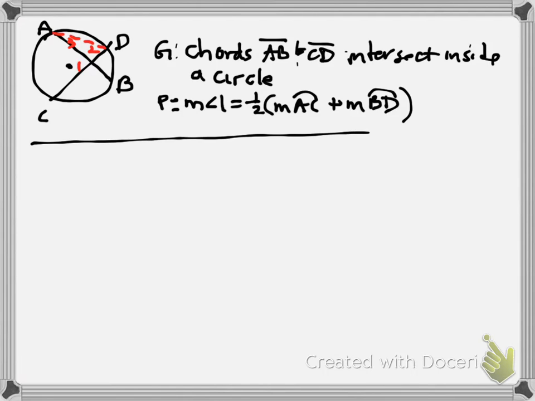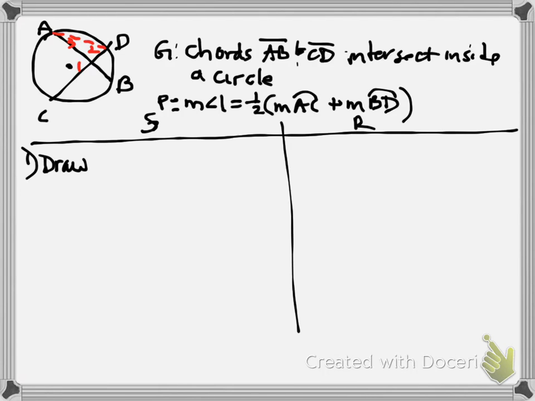So we need to draw, statement and reason, we need to draw that auxiliary line AD. So we're going to draw chord AD. Do you guys see why we would draw that? Okay. Well, even more than that, what do the angles 2 and 3 have to do with our proof? One is the exterior angle. Okay. That'll come into play, but more importantly,